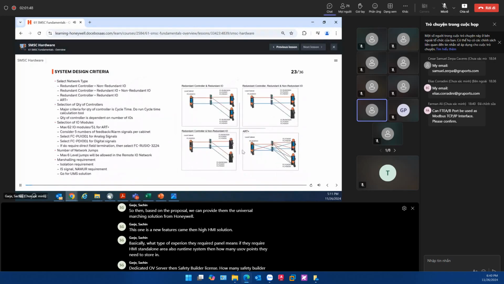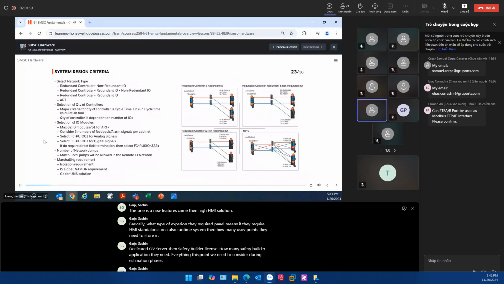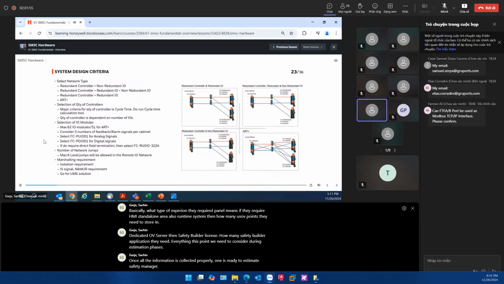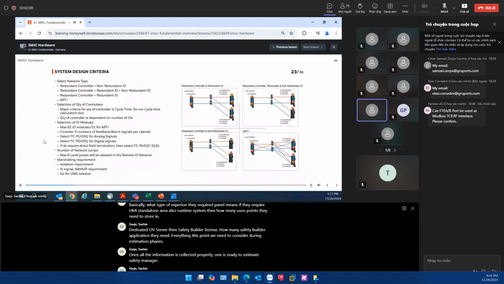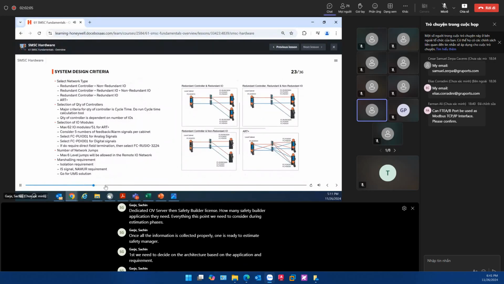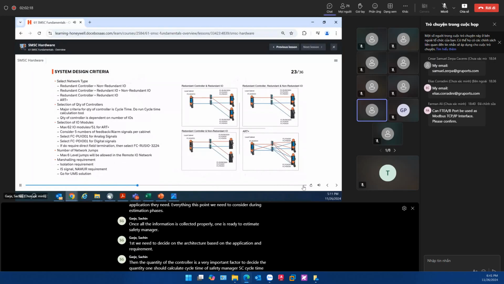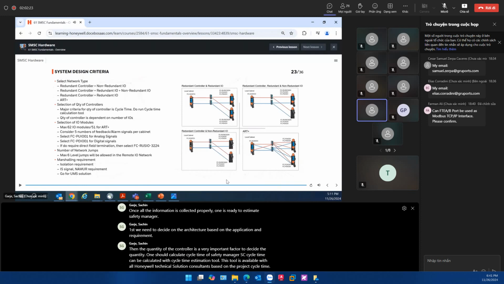Once all the information is collected properly, one is ready to estimate Safety Manager. First, we need to decide on the architecture based on the application and requirement. Then, the quantity of controllers is a very important factor. To decide the quantity, one should calculate the cycle time of Safety Manager SC. Cycle time can be calculated with the Cycle Time Estimation tool. This tool is available with all Honeywell technical solution consultants. Based on the project cycle time requirement,